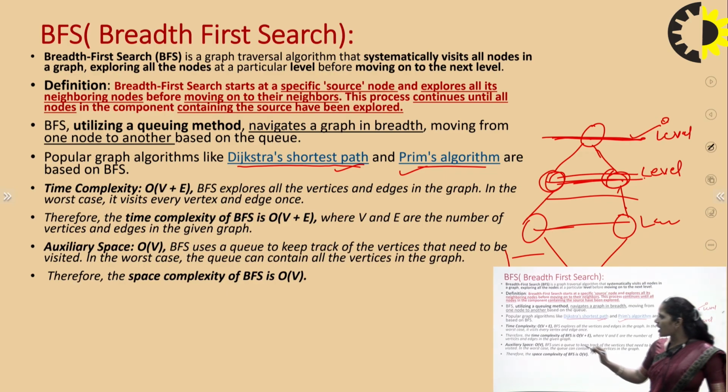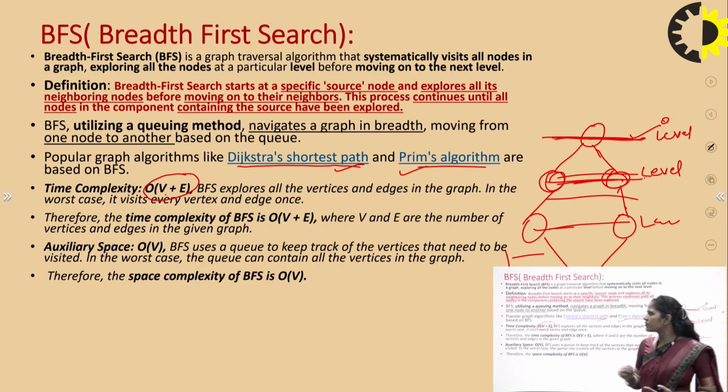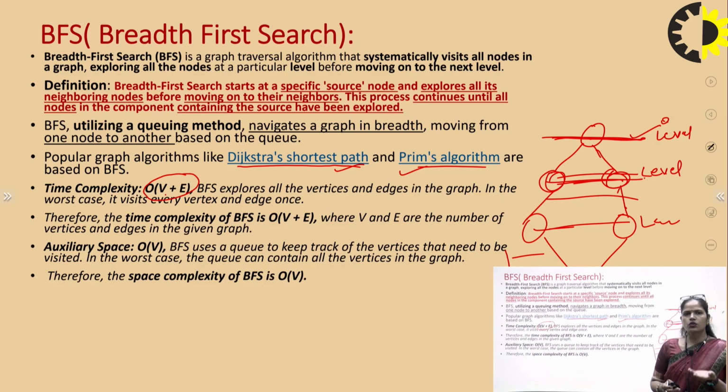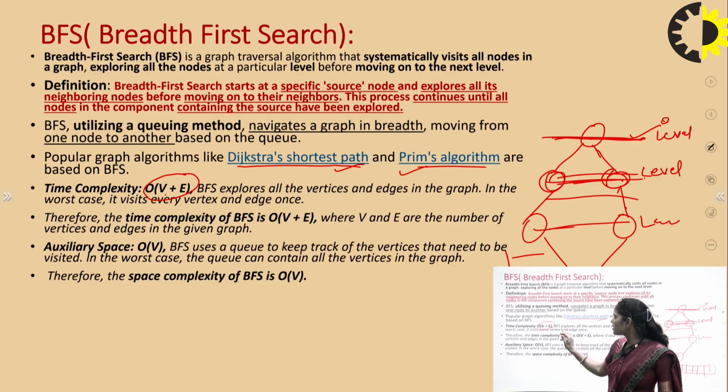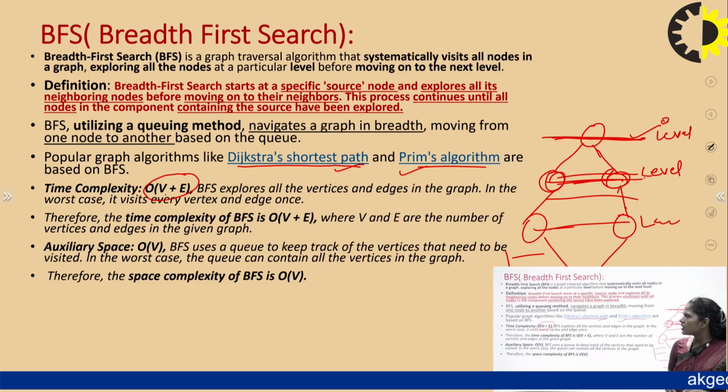If I'm talking about the time complexity, here the data is organized in terms of vertices and edges. So the total time complexity is observed according to the vertices and edges. We add the total number of vertices and the total number of edges, and we calculate the total time consumed by the execution, right? BFS explores all the vertices and all the edges in a graph. So the worst case time complexity is O(V + E), right? Here V is the vertices and E is the edges.